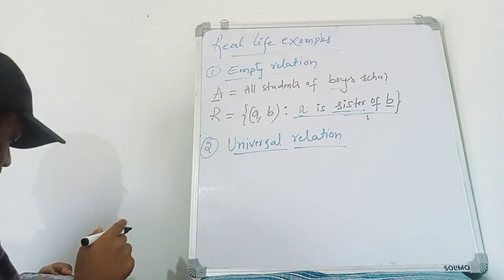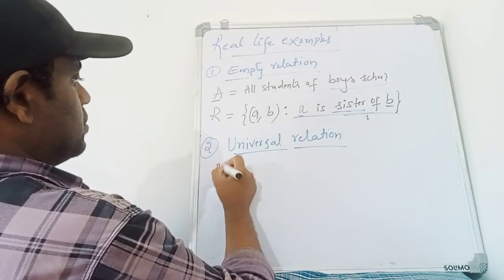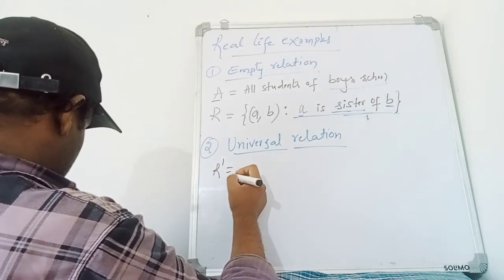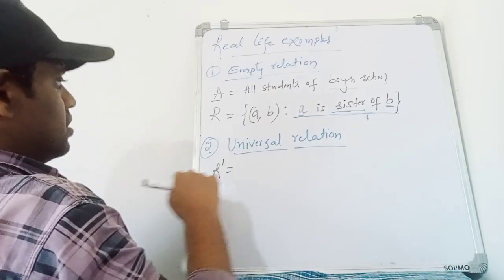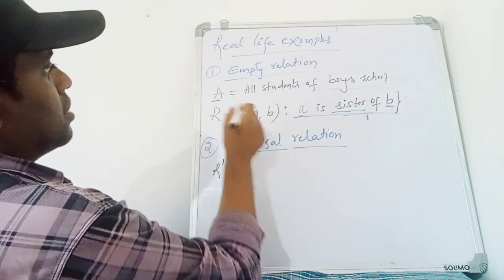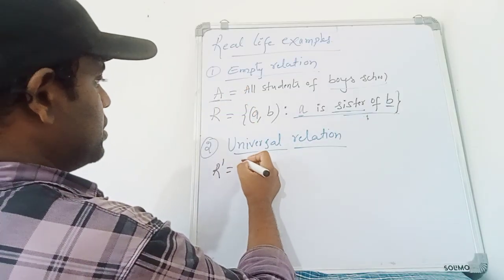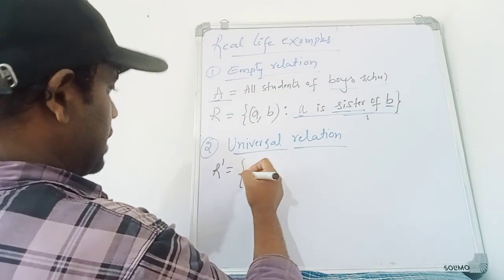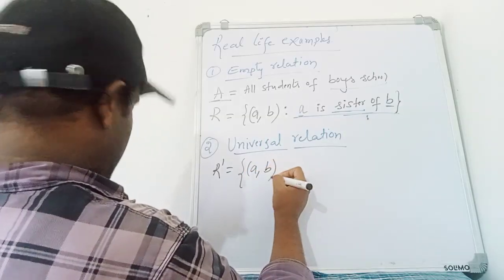Next, universal relation. For this universal relation, the same set A we are taking. So how that relation is defined: R is equal to {(A, B) :